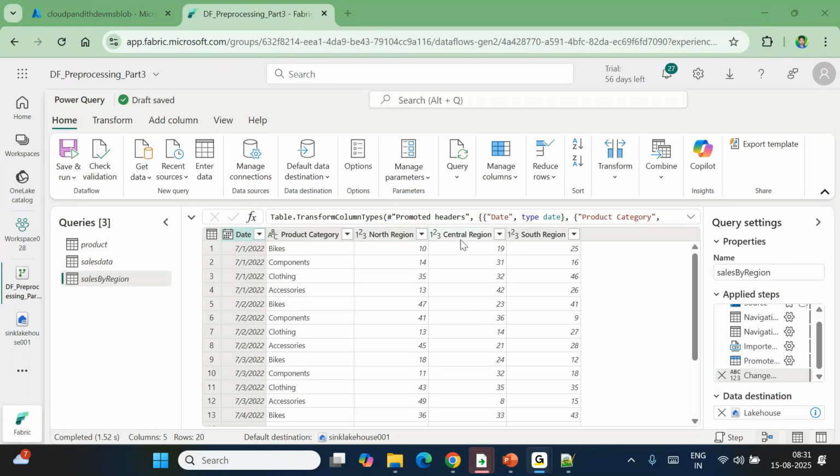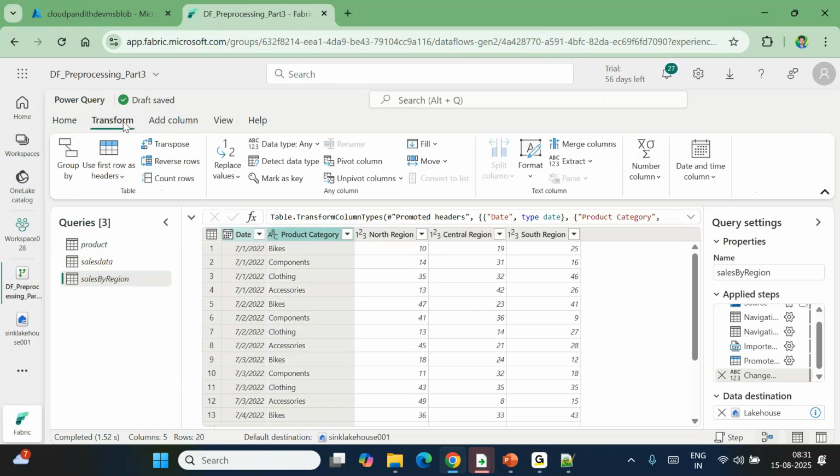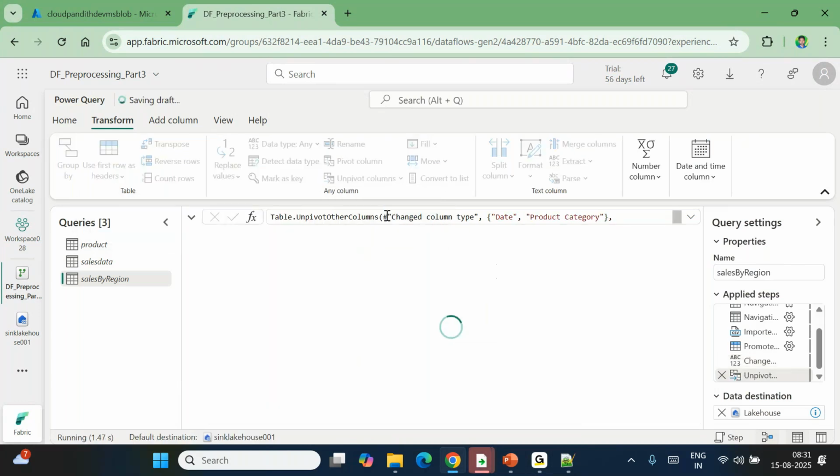If you're converting columns to rows, that is called unpivoting. So unpivoting, how you can do is, you can select the first two columns, go to transform, and say unpivot columns. You can say other than the selected ones, unpivot other columns, or you can simply say unpivot other columns. What it is going to do,